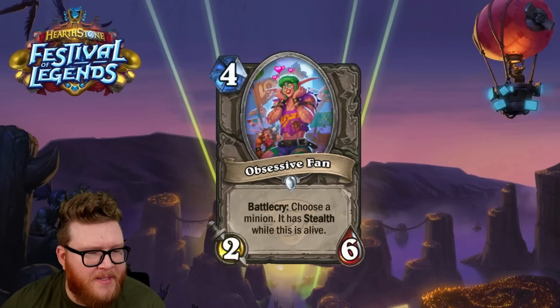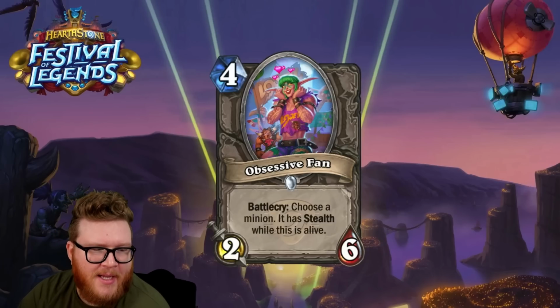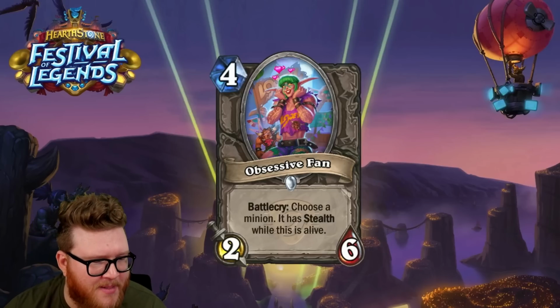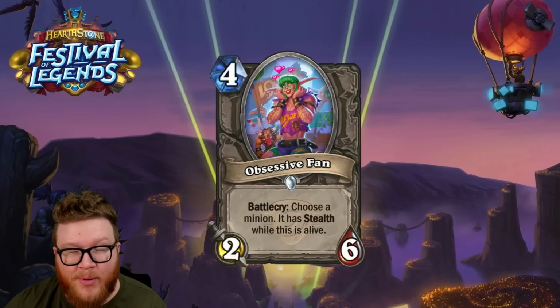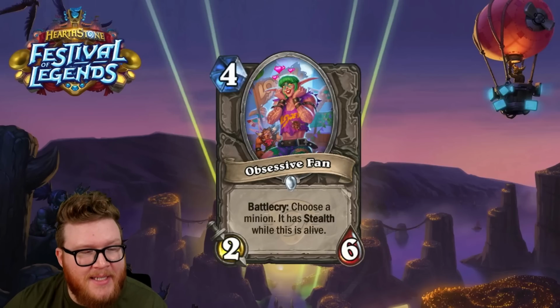Moving on here to the Obsessive Fan. This is a 4-mana 2/6 battlecry. Choose a minion. It has stealth while this is alive. So this is really good flavor, by the way. Like, I'm hiding from my Obsessive Fan. Now, in regards to playability, this is a pretty expensive card at 4, and I mean, it's neat in theory,